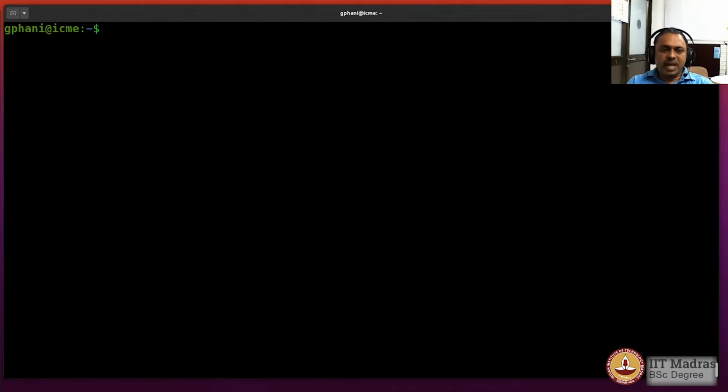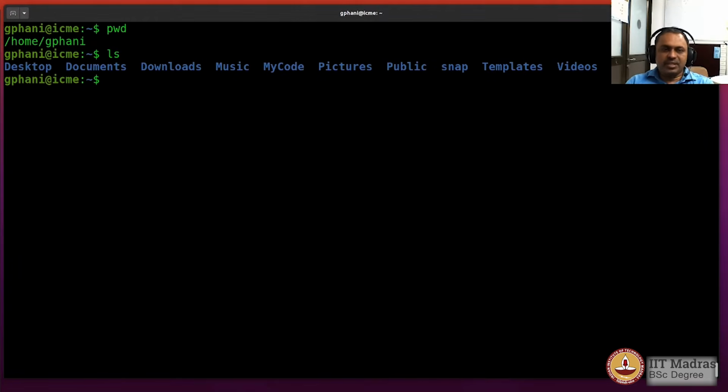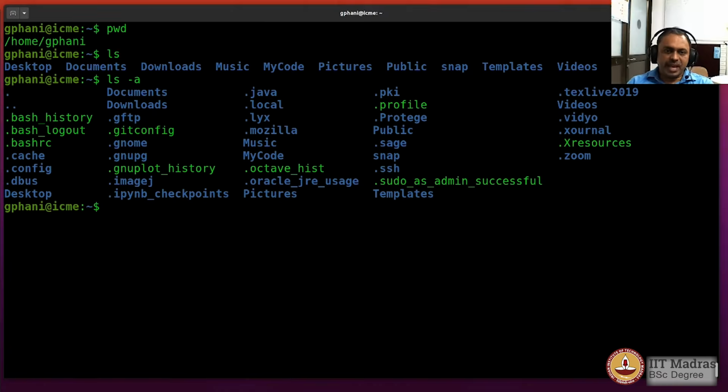Let us explore the file system hierarchy using the system where we are trying to demonstrate the command line environment. So where am I right now? I am in the home directory of the user I am logged into, and when I type ls, I see that there are certain files listed here. When I type ls space -a, we notice that there are two special files here, one that is dot and another that is double dot. The special directory double dot allows us to traverse one level up in the hierarchy.